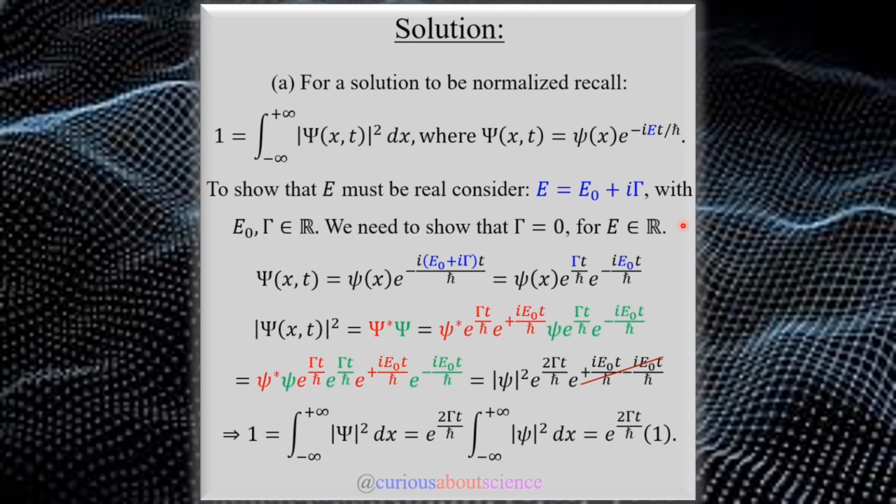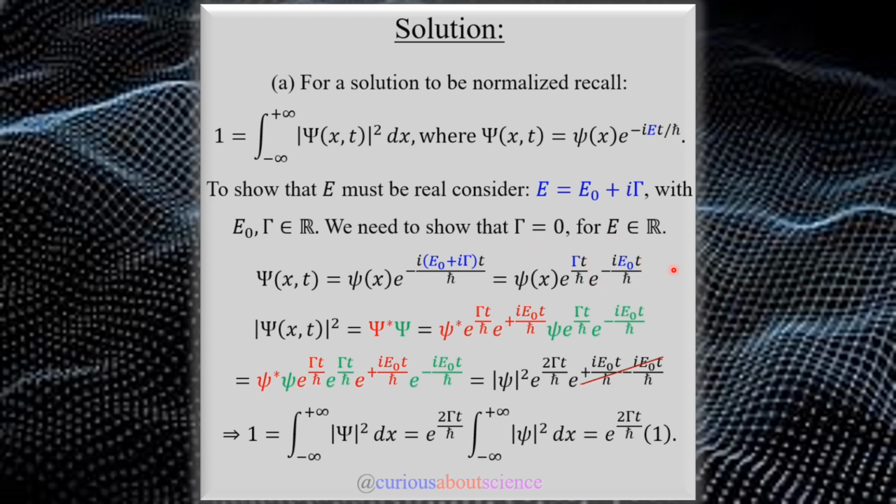So let's set up our separable solution here. And again, this all hinges on the fact that we had a normalizable solution. So what we need to do is set up our wave equation, set up the psi star psi, which is what we see in the next step, and then compare what the normalizable solution would look like. So if we plug in E0 plus i gamma into the separable solution here and split them up into real parts and imaginary parts, with these two products being real, this being imaginary,